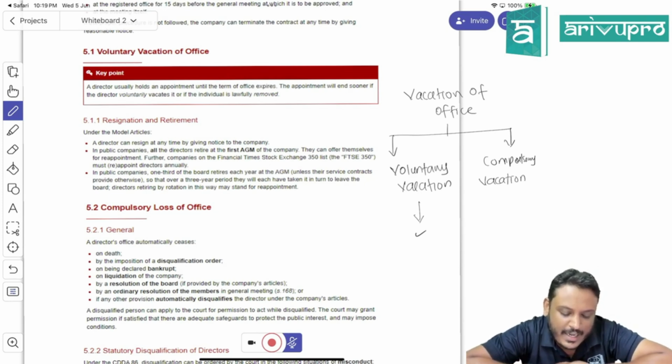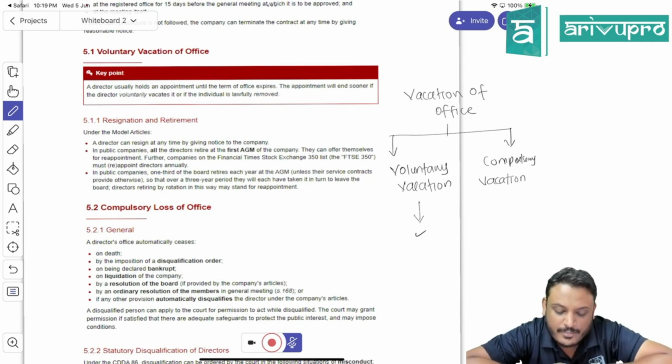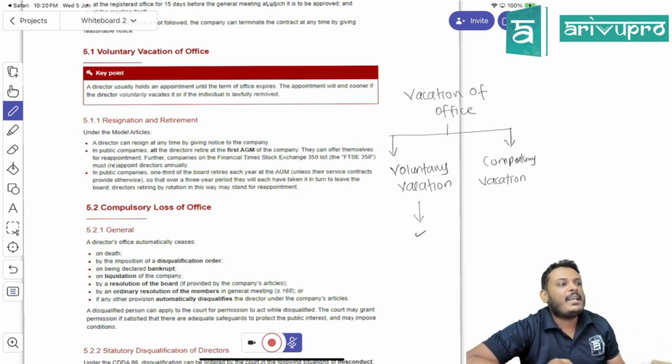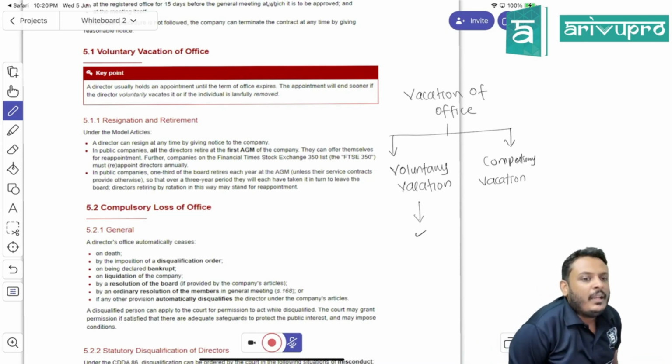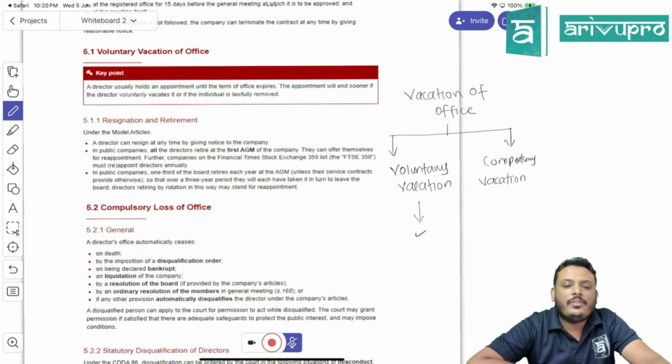a director can resign after the term of office expires. Example, write down.